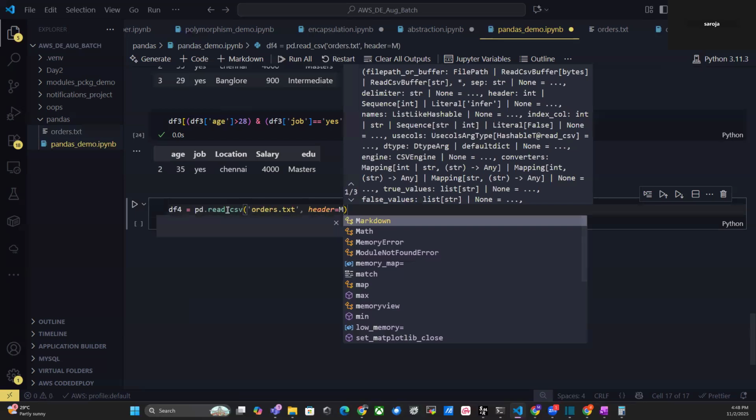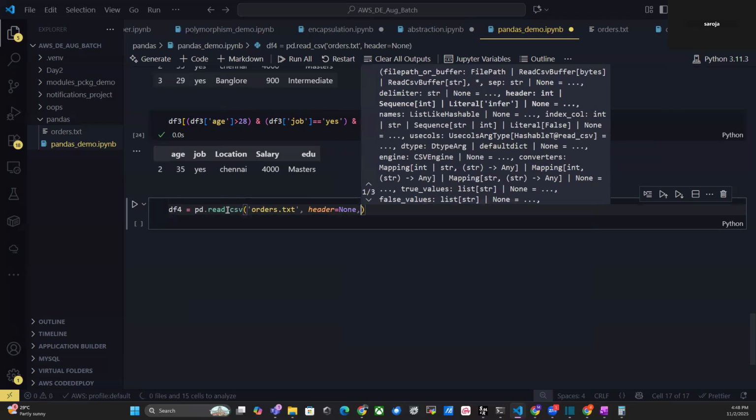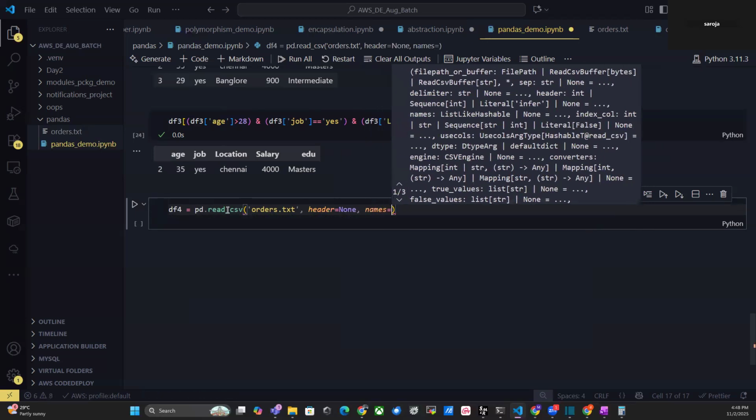You have to give that header is none, because otherwise it will give the first row as header by default. Okay. Now we have to put the column names. Names is equals to,